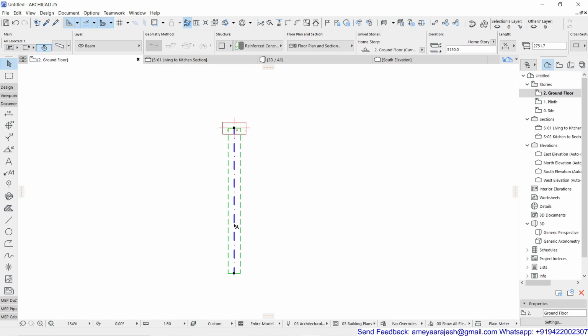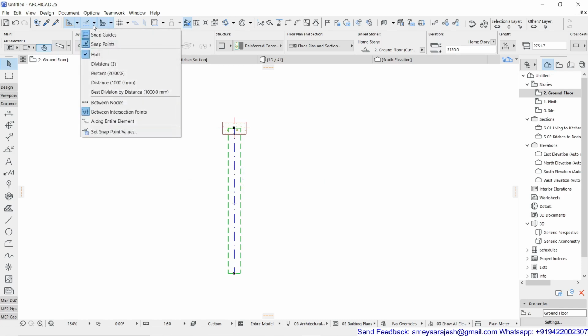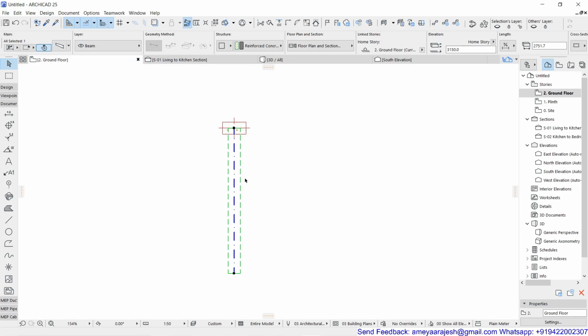Now if I stay on this again, I'll get the check mark, just because I want to be precise. You can definitely follow these logics like divide 3 and everything, and then just stay there and go to the required location.